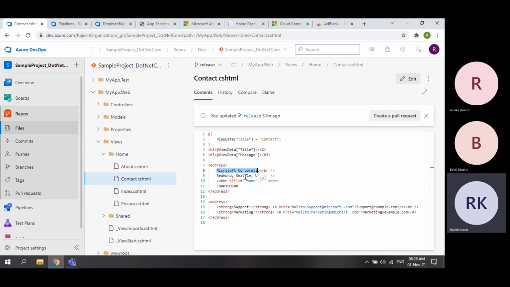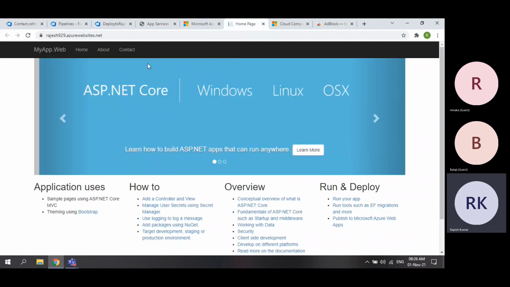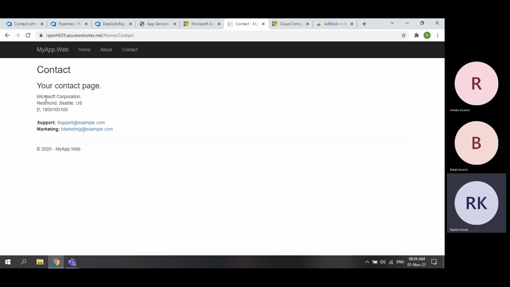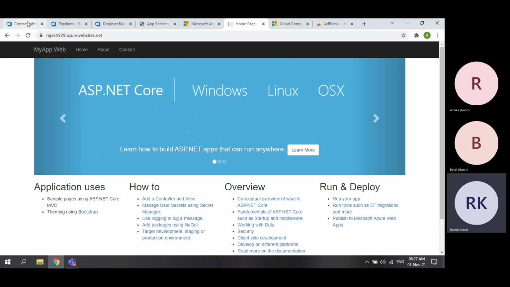Microsoft Corporation, Redmond, Seattle, US, 1800100100. Okay, now if I go to this page, contact, see, Microsoft Corporation, Redmond, Seattle, 18000100. Clear? So this is my website.